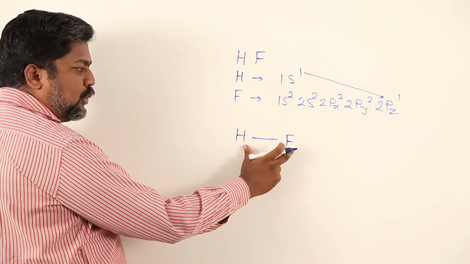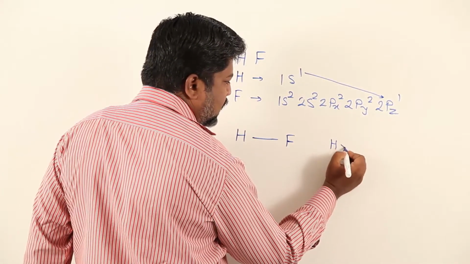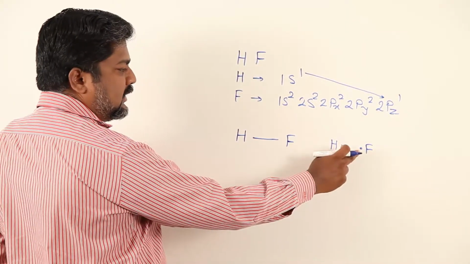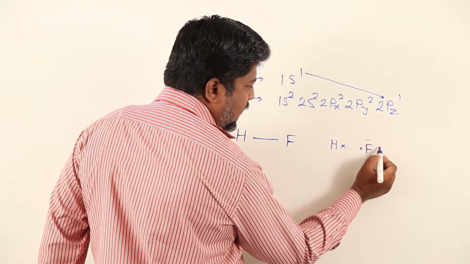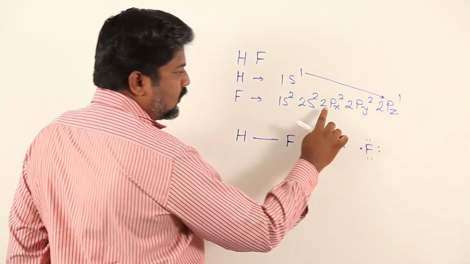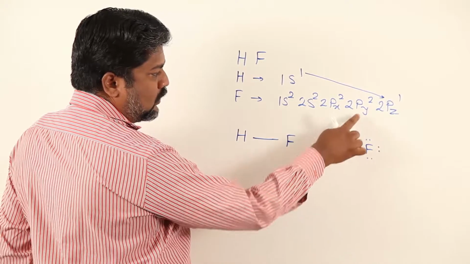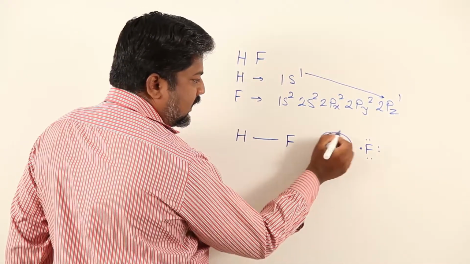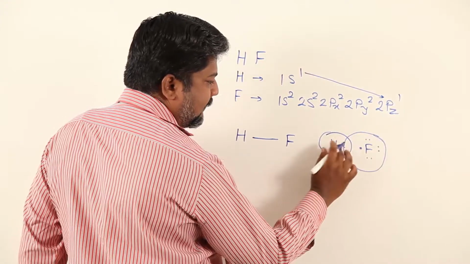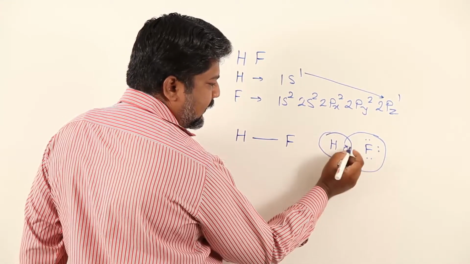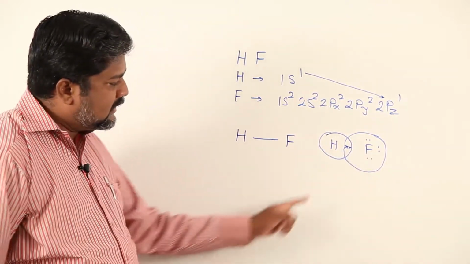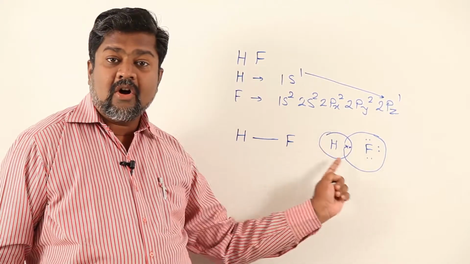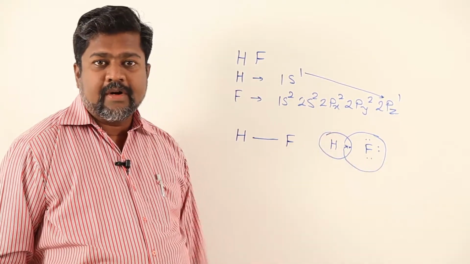In dash structure I should show this. In dot structure I should show something like this: this is the electron of hydrogen, this is the electron of fluorine, whereas these two electrons, so 2s, 2px2, 2py2 and 2pz1 here. So there is sharing, you can check out this way. At one instant fluorine is getting all 8 electrons, in another instant hydrogen is getting all 2 electrons. So this way they are going to share.